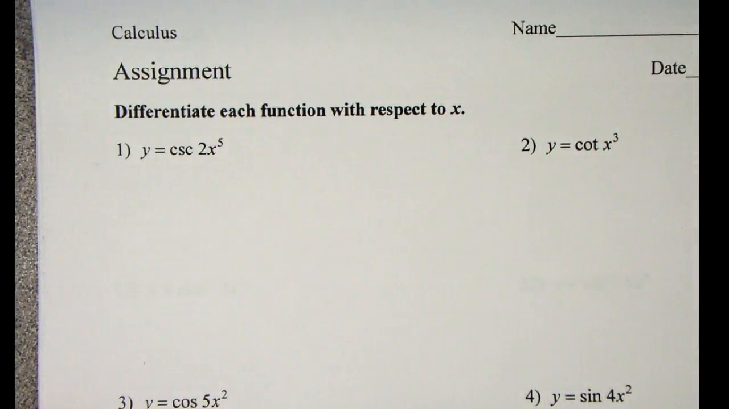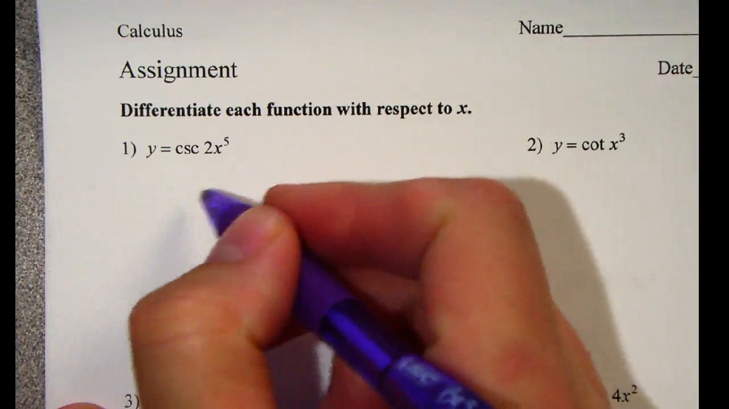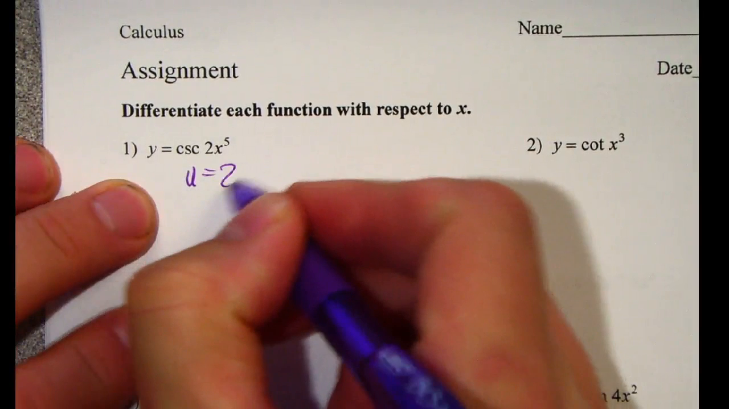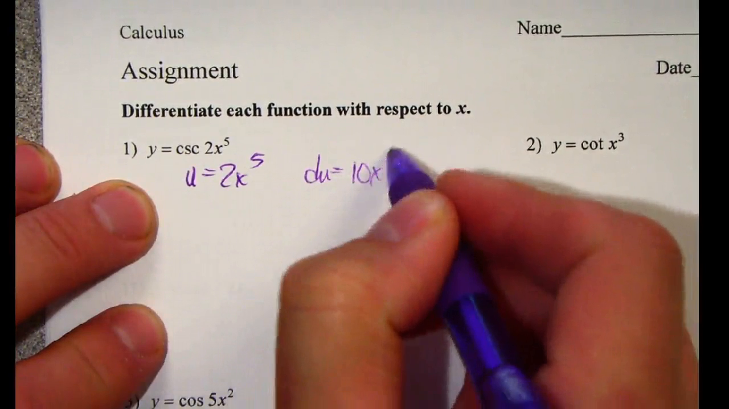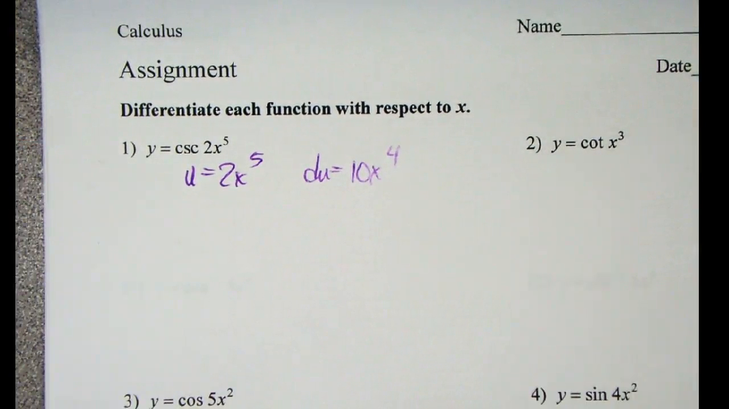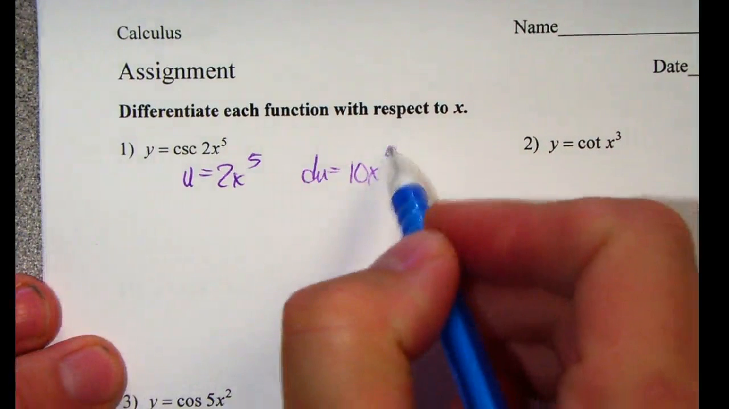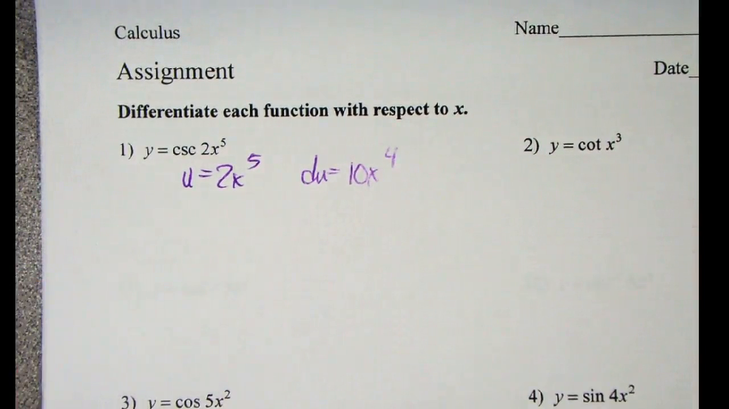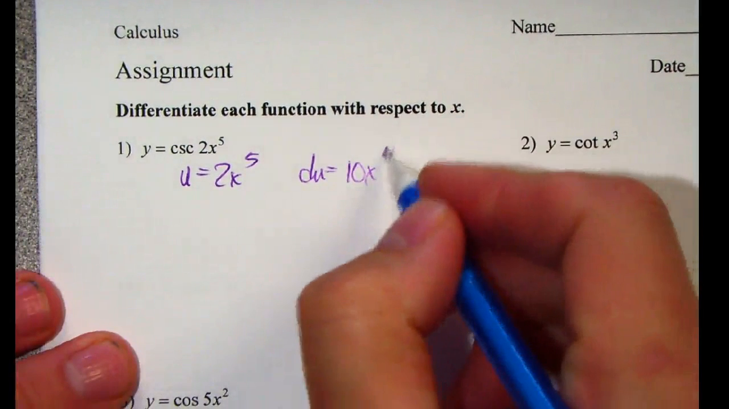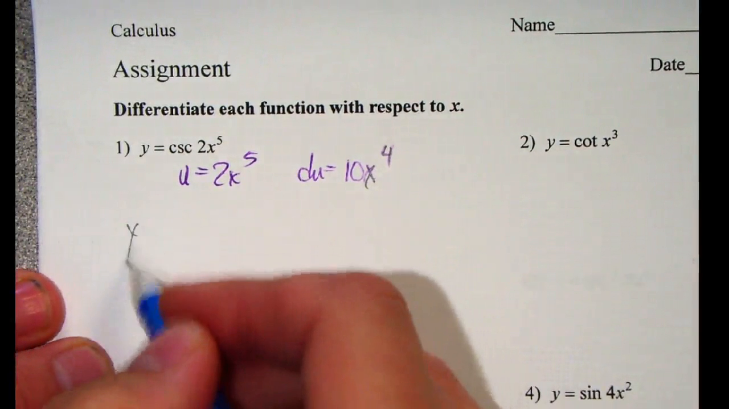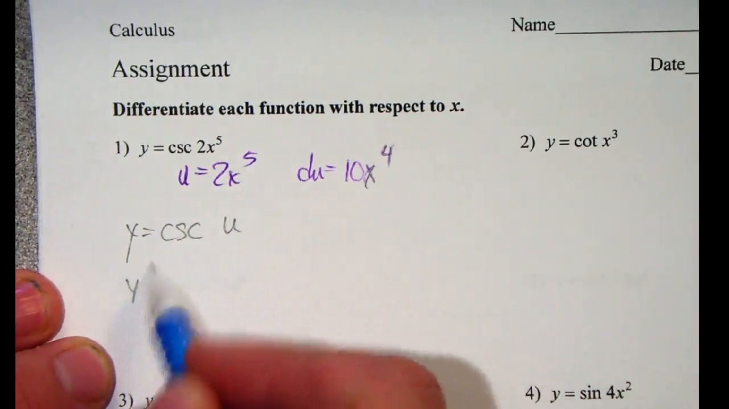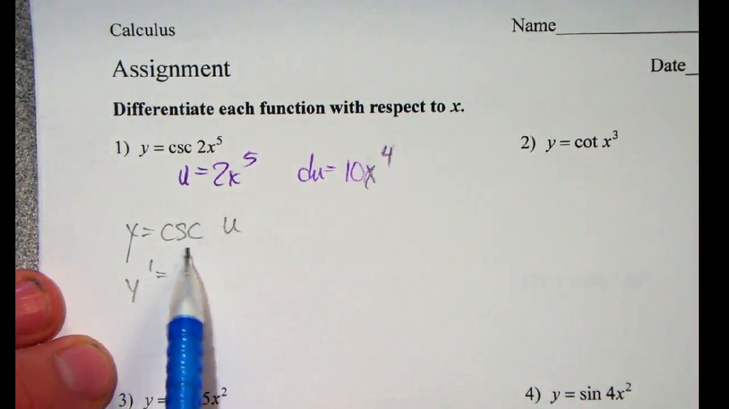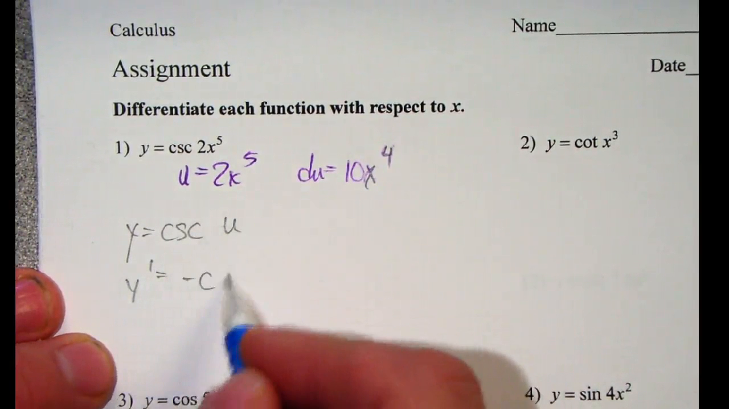You can use your chain rule, or you can kind of just think through it. I'll do chain rule with the u, du first. So I would call u equals 2x to the 5th. That means du will equal 10x to the 4th. And then y equals cosecant of u, and the derivative of cosecant is negative cosecant cotangent,